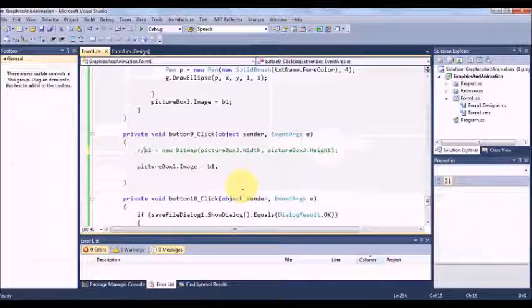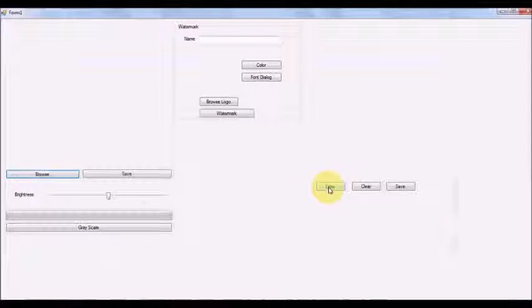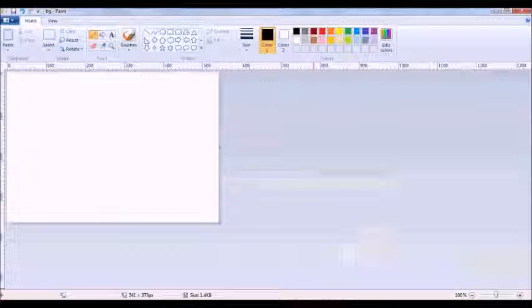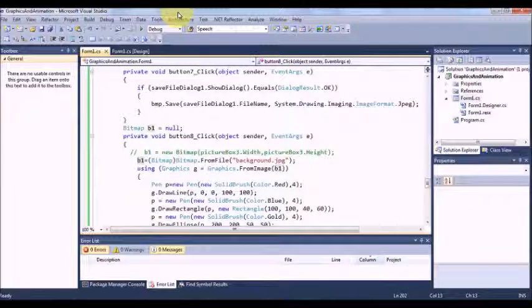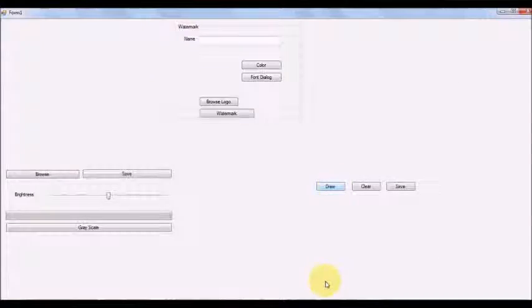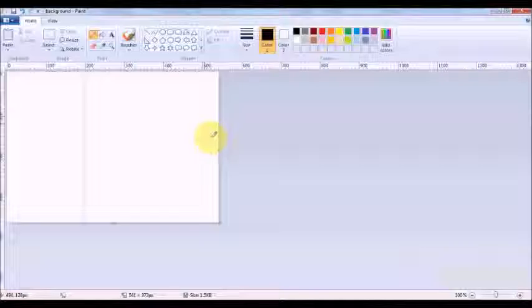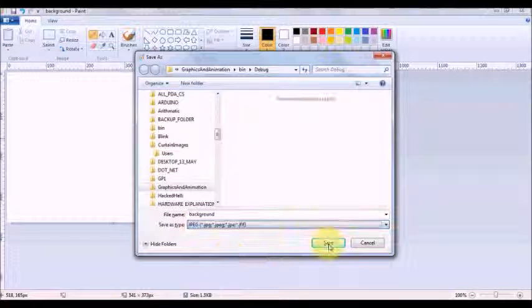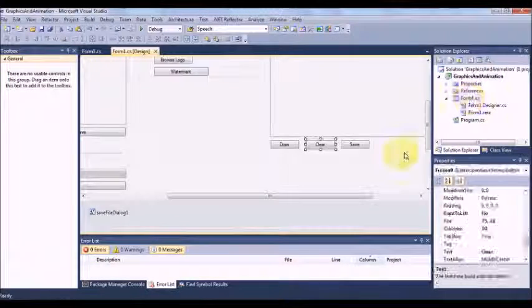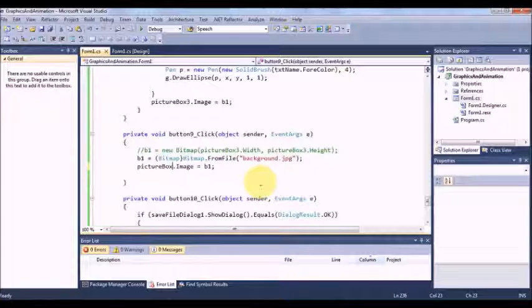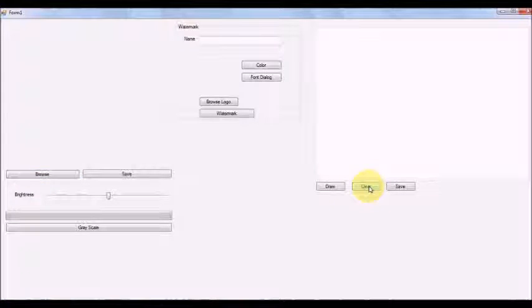For the clear option also, instead of this, I'll make this option now. When you say draw the, what name have I given? BG. Let me save this as, so I'm taking an image and I'll be writing everything on the image so that the background is always white. It actually saves as PNG, so I'll save this as JPG. Now my code will work. So, clear. For clearing, I have assigned that image into